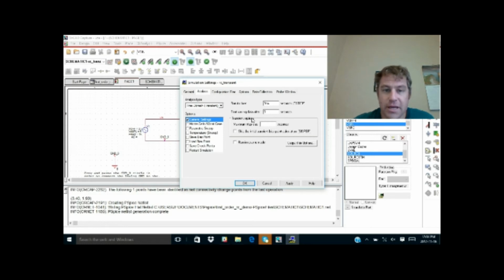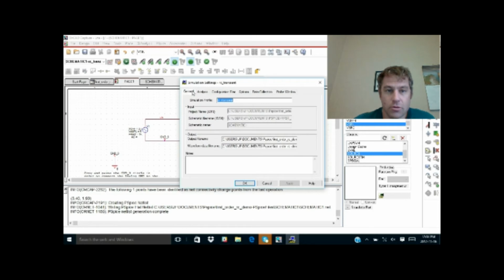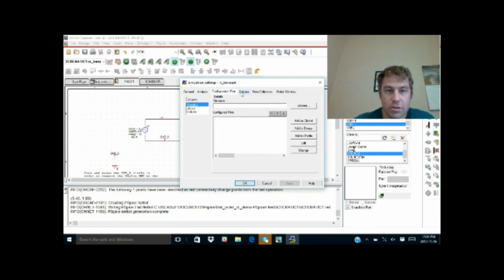And we're going to give it a maximum step size of 0.01 millisecond. Okay, this is a general setting, time domain. We're doing a time domain analysis, and we're going to go apply. Okay, so this is a new type of simulation,